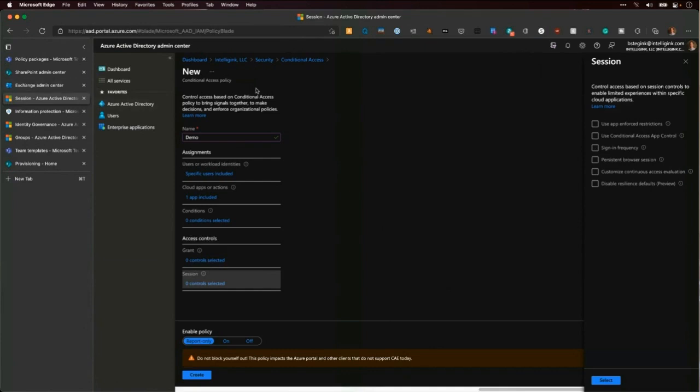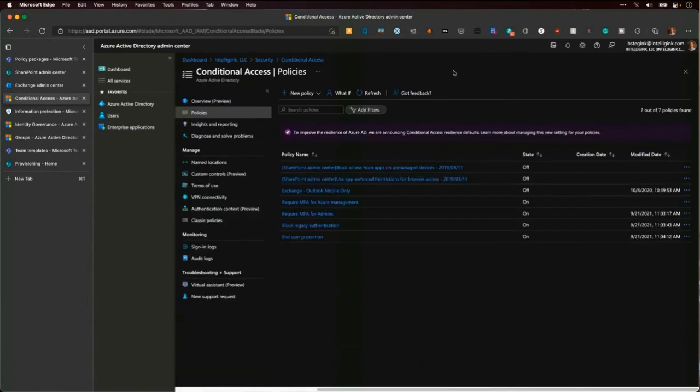One of the other interesting things with conditional access policies as well, I'm going to make sure I cancel this so I don't lock myself out. You'll notice I have a couple in here. SharePoint Admin Center, block access on unmanaged apps, use app-enforced restrictions for browser access. These are off right now, but some applications, based on the policy you set, are actually automatically created here by the application.